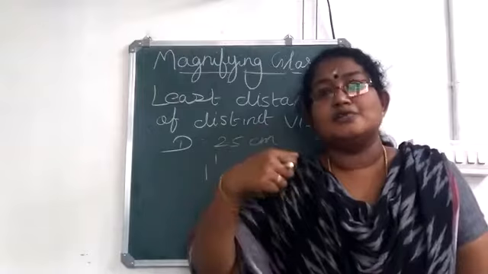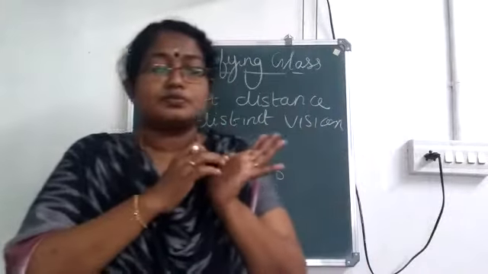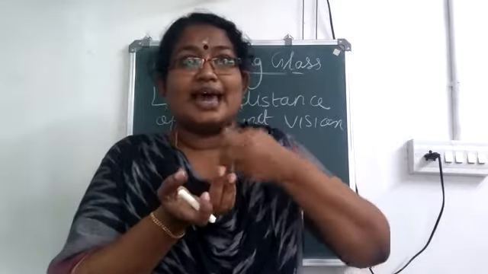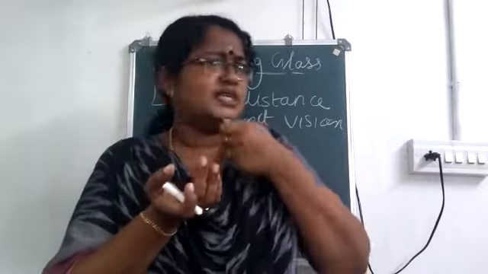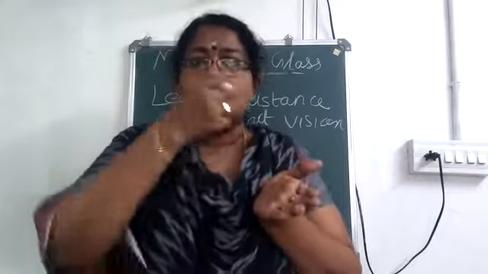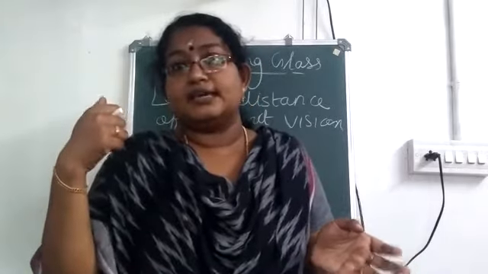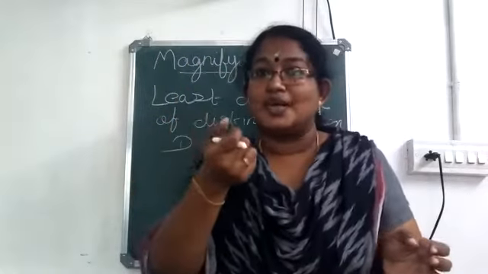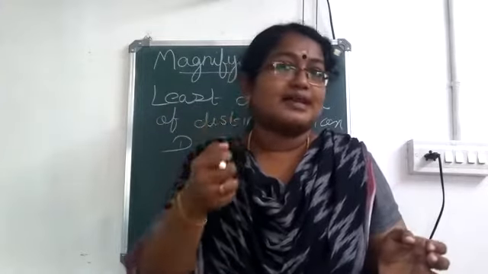If it is placed on a lens holder, people who read the lines on the hand, palmists, will be carrying this convex lens or simple microscope with them. Have you seen that? That is a simple microscope, just a convex lens mounted on a lens holder. Or when you go to watch repairing shops, you can see they carry this simple microscope or magnifying glass.